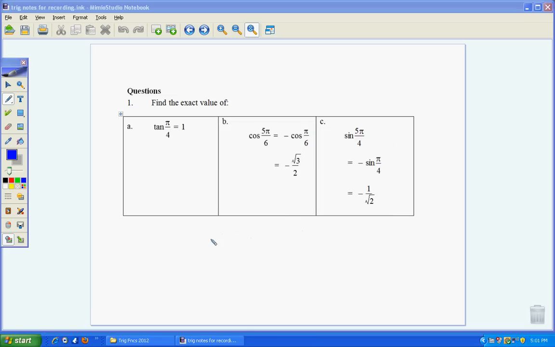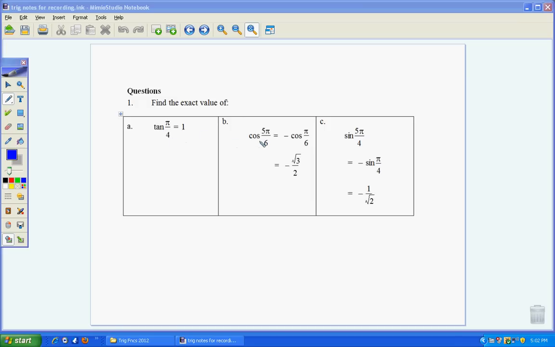These questions are similar to the ones we've done in the prelim course. Instead of using degrees, we're just using radians and finding the values there. A lot of times we want to find the exact value, so we want tan of pi on 4. We know it's the same as tan of 45. So you've got to go back to your triangles that we've had. Instead of using 45, we use pi on 4, and tan of pi on 4 would be equal to 1,